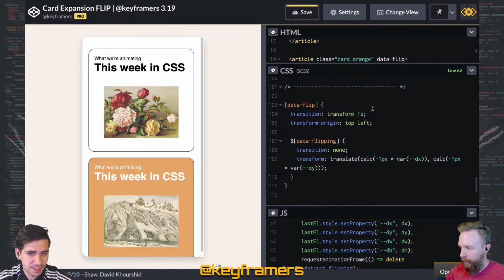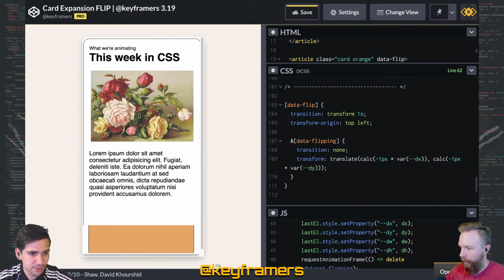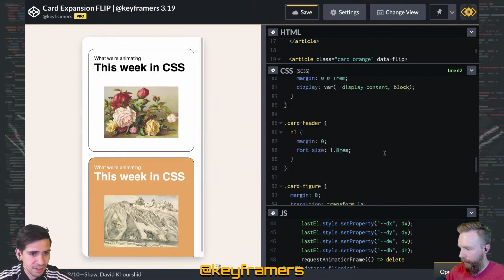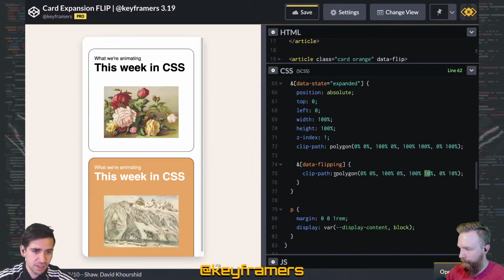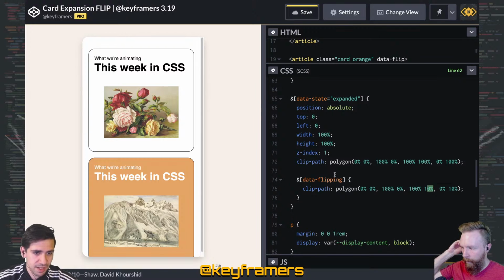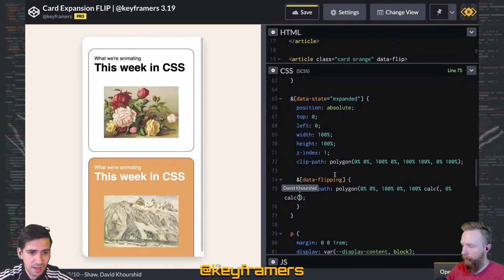Right now, obviously, it doesn't look right because I'm just hard coding like 10%. Oh, okay. Let's take a look. Yeah, but this should actually be a calc. So we're going to change this to calc, and we have that dh variable